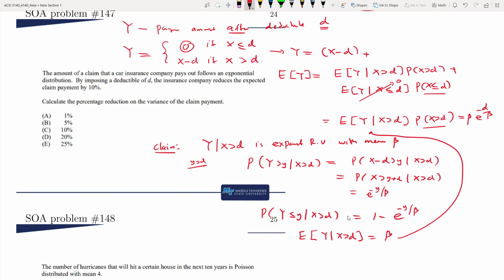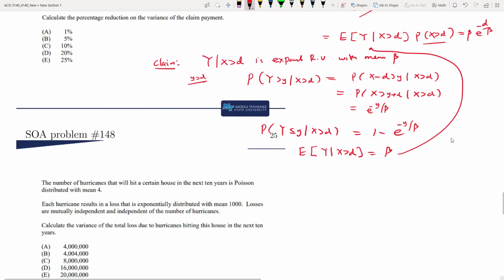Okay, so once we have that, I want to calculate the variance of this new random variable. So variance of y, let's calculate the variance of y. In order to calculate variance of y, I need the second moment. So let me write it in a more detailed way. I want the second moment, which is